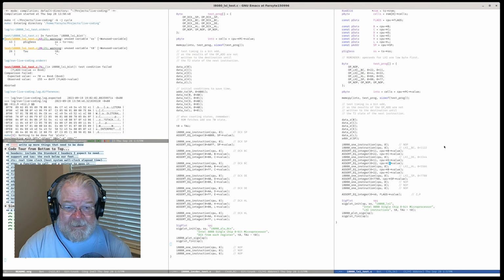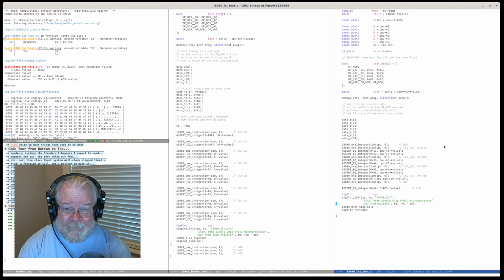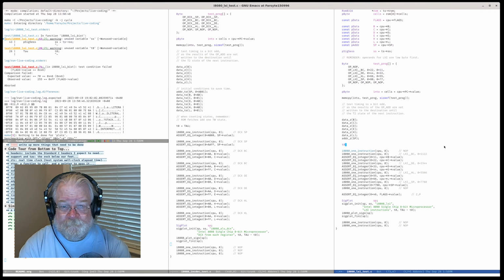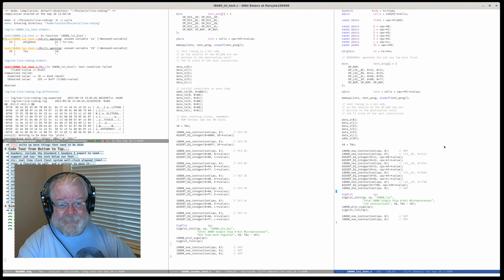Let's fix these up. D, E, H, L. 1 1 2 2 3 3 4 4 5 5. Get this right. And I'm going to run one more NOP in the plot, and there we go. So this plot's going to have a NOP at each end. LXI instructions. We are not doing anything with flags.